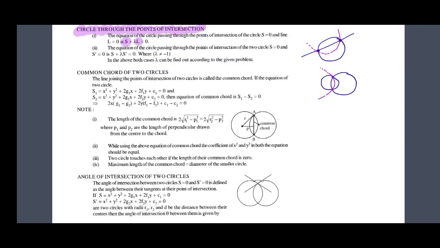अगर जो सर्कल गिवन था वो S था, लाइन थी L, तो S plus lambda L is equation of all such circles. ये जो पिंक लाइन बन रही है, इक्वेशन ऑफ ऑल सच सर्कल्स विच विल पास थ्रू द इंटरसेक्शन ऑफ लाइन एंड सर्कल। सिमिलरली अगर दूसरा कर्व, हाँ पहले में दूसरा कर्व था वो लाइन था, अगर द सेम इज बीइंग रिप्लेस्ड बाय अनदर सर्कल, यू जस्ट हैव टू डू s plus lambda s dash, that is the other circle expression. lambda should not be equal to -1, ये याद आपको रखना है। क्यों? क्योंकि वो बन जाती है फिर कॉमन कॉर्ड की इक्वेशन जो अगला फॉर्म है।